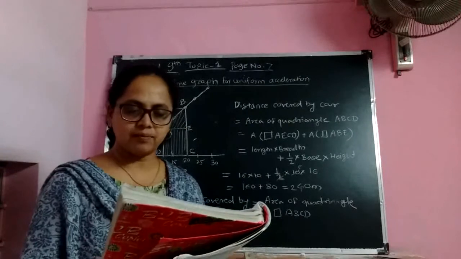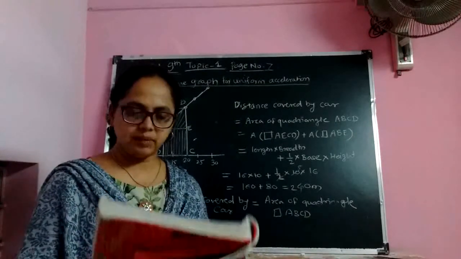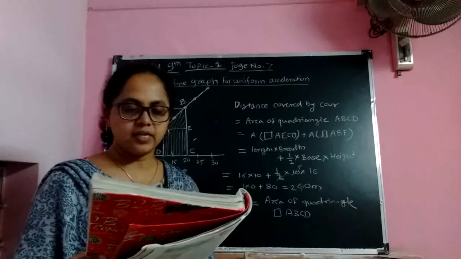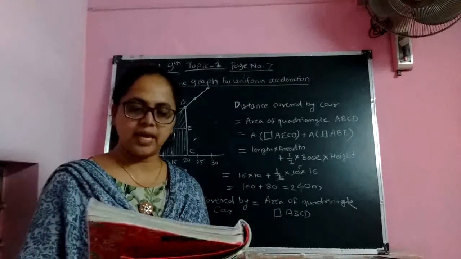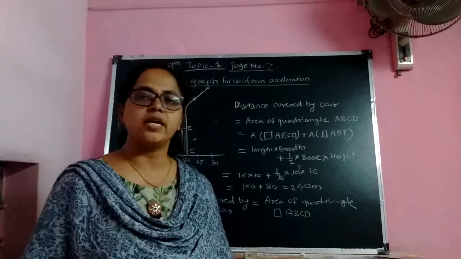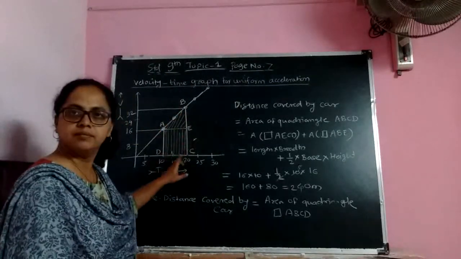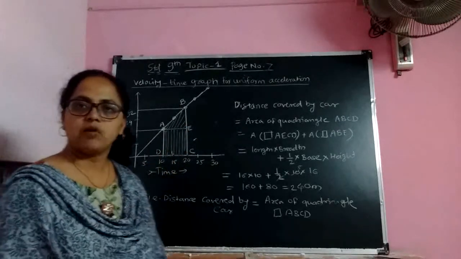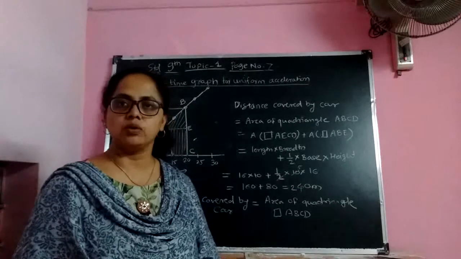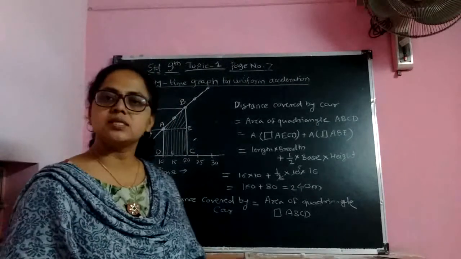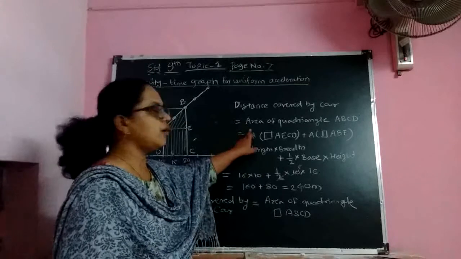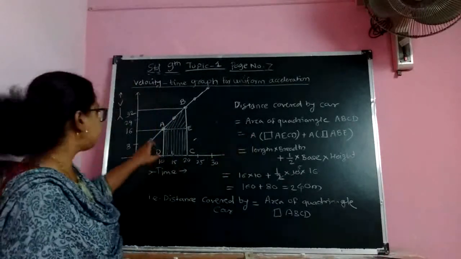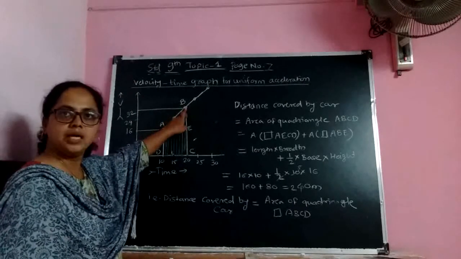Now the next point is to check, similar to the example of the train, whether the distance covered by the car is given by the area of quadrangle ABCD. That is, we have to find out the area of this quadrangle. If this area is the same as the distance covered by the car, we have to find out. How to find out? The equation is given: area of quadrangle ABCD is equal to...